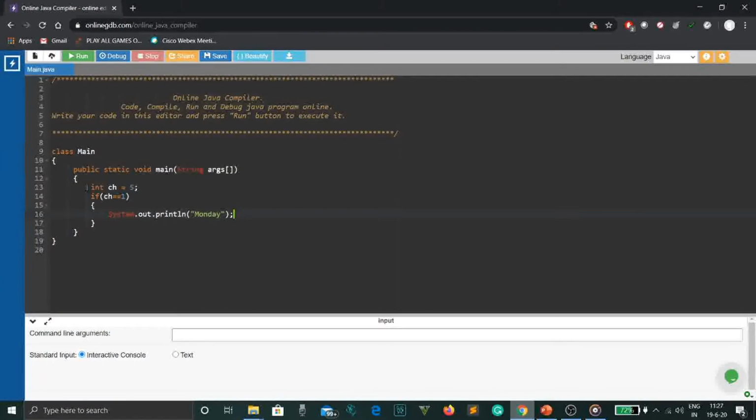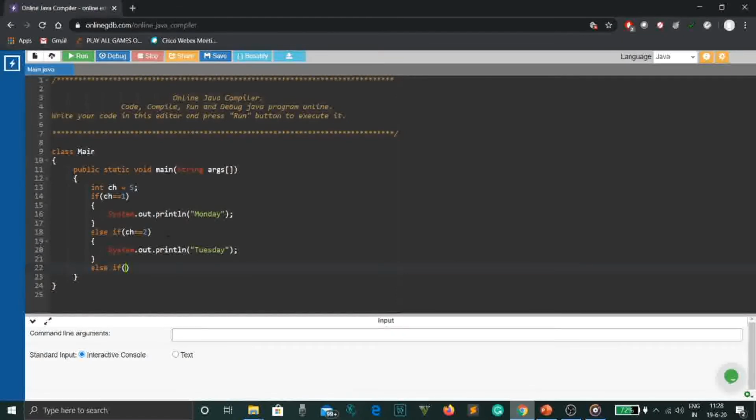Then we write System.out.println Tuesday. Remember, we are writing it in braces because it's a good habit, and also we cannot omit these braces unless we are only passing one statement between the conditions. Like here, System.out.println Monday or Tuesday is just one statement. If there are multiple statements, we have to put the curly braces between all the conditions. All right, so let's go on to the next, else if.